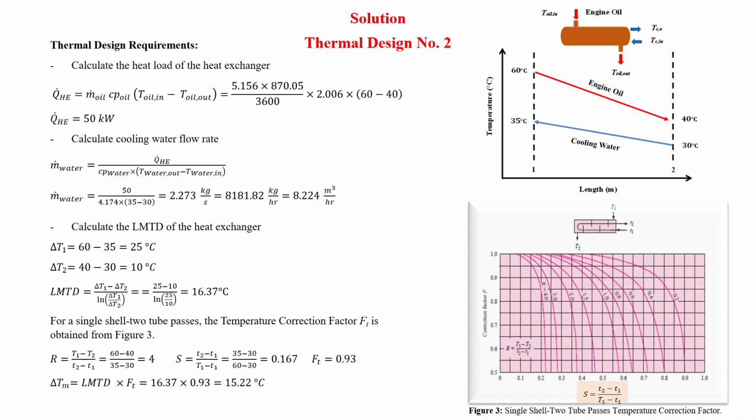Then we will get 15.22 degrees Celsius for the mean temperature difference. As a first trial for the design, let us assume the overall heat transfer coefficient to be 200 watt per meter square Kelvin. Then this will allow us to calculate the surface area of the heat exchanger, that A naught equal Q dot divided by U naught delta T mean, and that will produce a value of 16.42